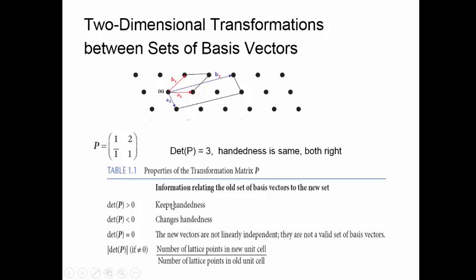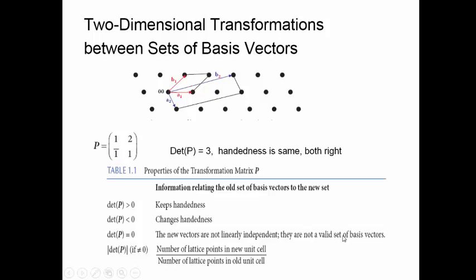If we started out with a left-handed system, and the determinant of the transformation matrix was positive, you would go to a left-handed system. On the other hand, if you have a negative term, that is, the determinant of P is less than 0, then you change handedness. The left goes to the right, or the right goes to the left. Now what happens if you're smack in the middle, you have the determinant equal to 0, then you do not have linearly independent vectors, so it's not a valid